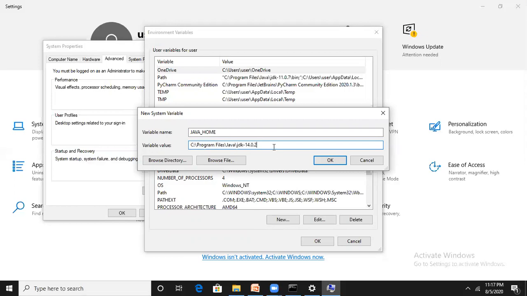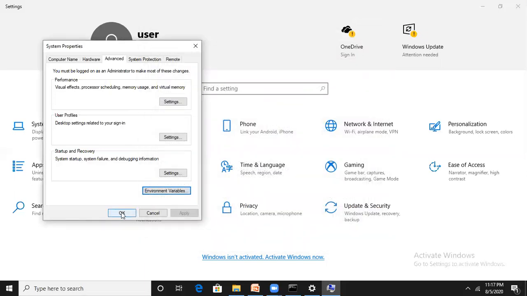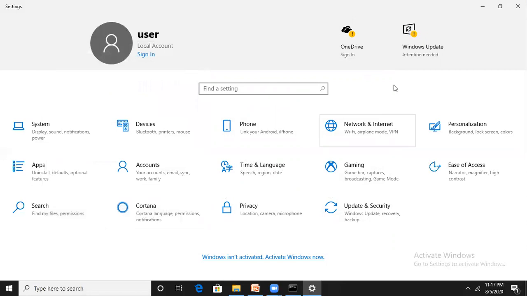Now the variable value is C colon, Program Files, Java, JDK-14.0.2. You can take the path from here also, but the path is already in our cache memory. Control C, Control V, paste that path and delete the bin word, and again click OK. See here, JAVA_HOME is a new environment variable. Click OK. Again click OK.